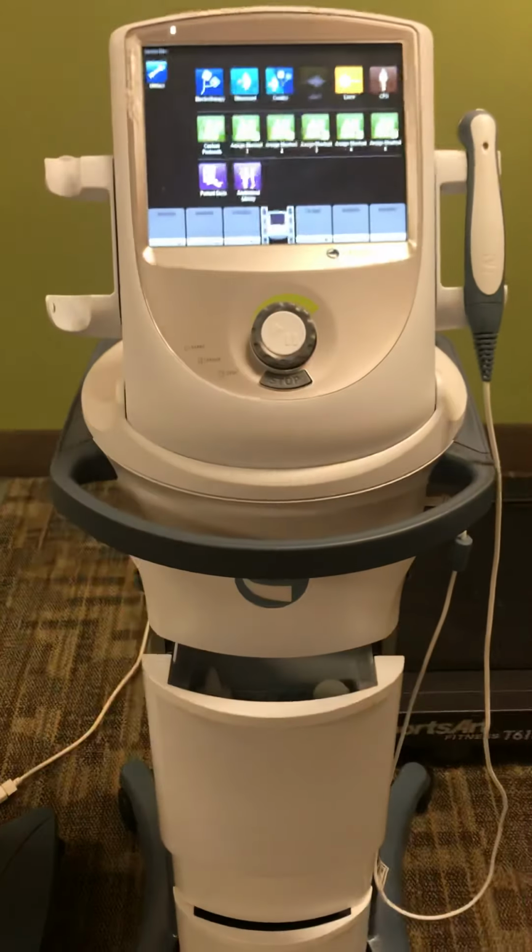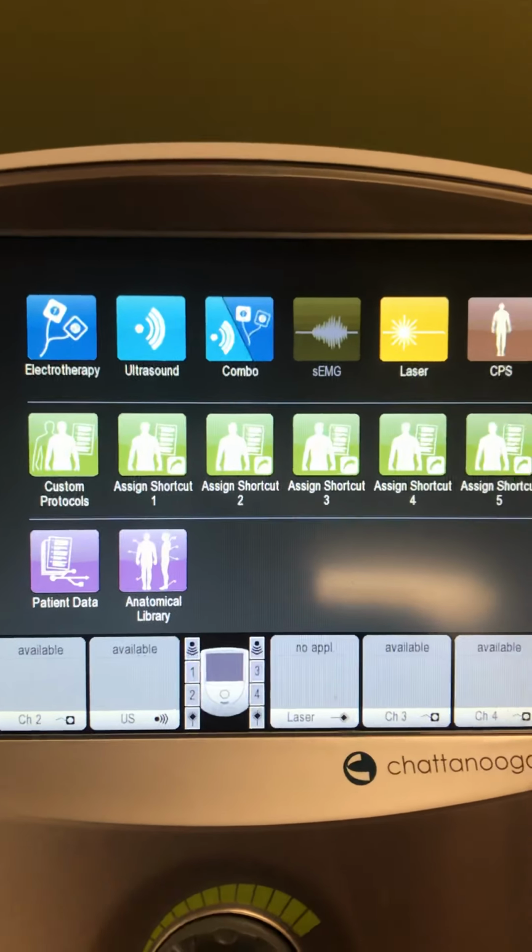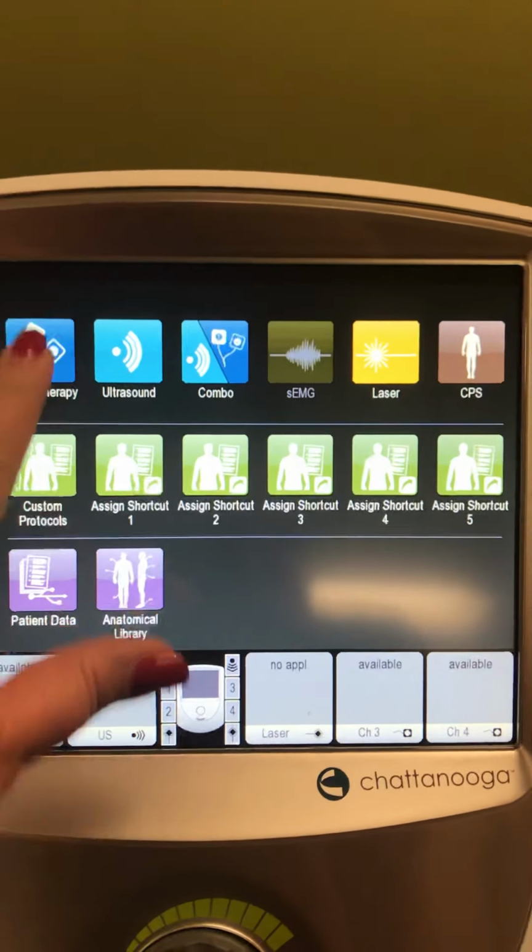This is the larger tower unit. We're still going to be looking at this for TENS. So this is my home screen. I'm going to choose